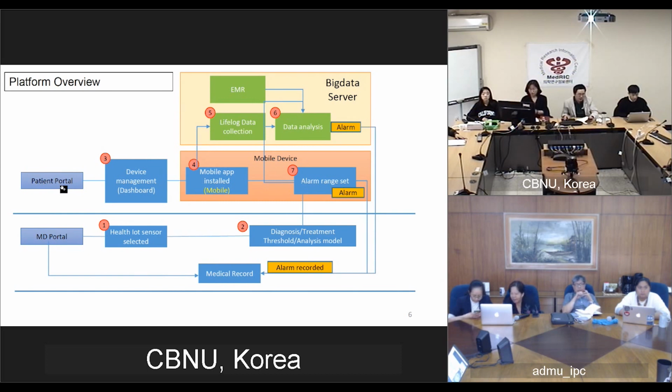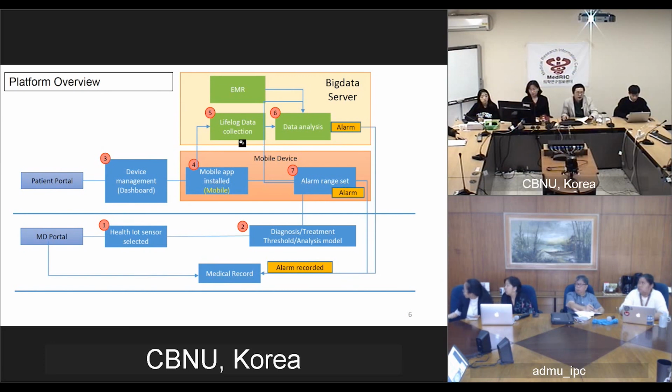The MD orders remote patient monitoring using wearable sensors at the MD portal, and prescribes the target heart rate after the collaborative diagnosis with the cardiology and rehabilitation medicine department. Then the patient at the patient portal will receive and register the wearable device, and download the mobile app on their cell phone